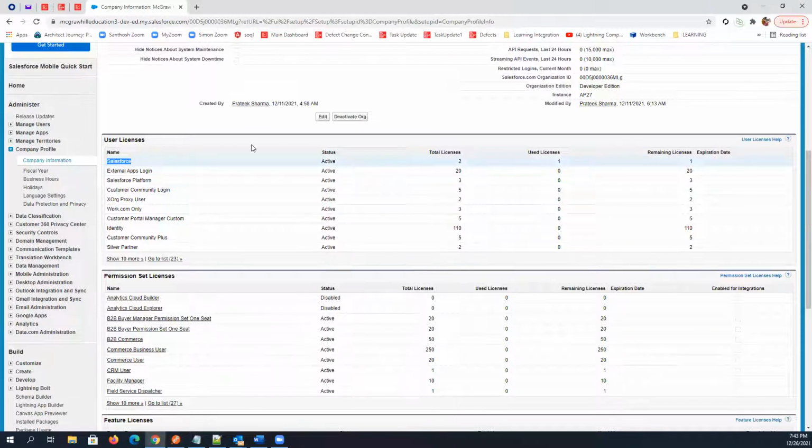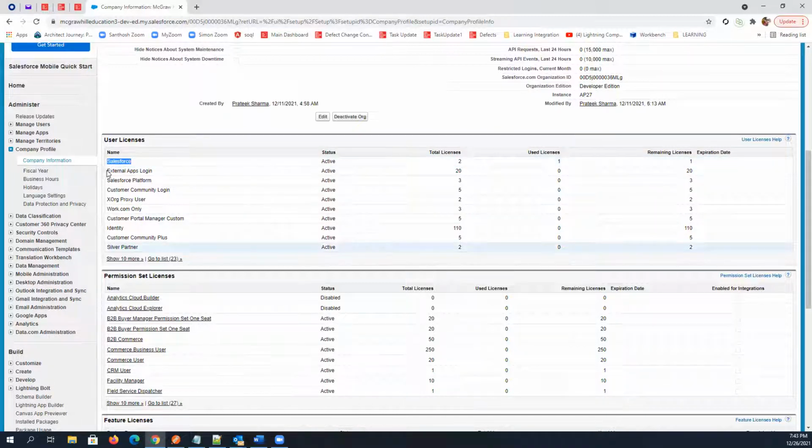And as I told you earlier, we can only have a maximum of 2 Salesforce licenses in this developer org. I mean, in this practice org, right? One license we have already used because we are logged in with one user, and this particular user was created at the time of signing up of this org. So one is already consumed, and we have one remaining license. We can always use this license to create another user.